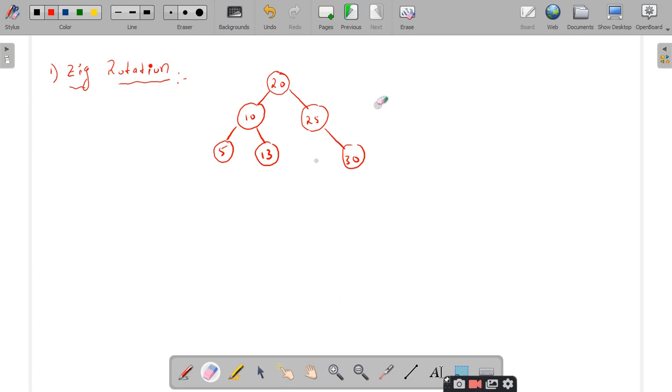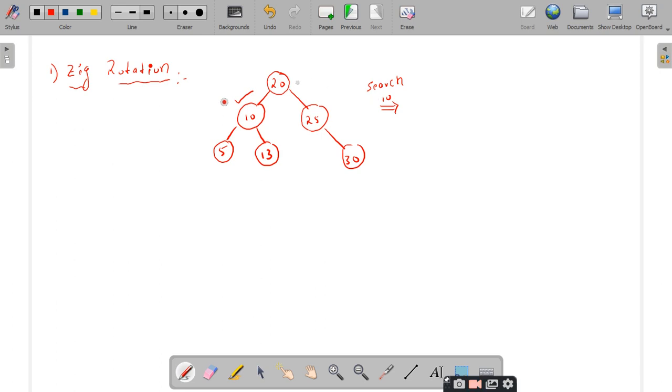Right. So now my operation is to perform search. Let us take that it is a search operation. I want to search 10. So what will you do in the binary search tree? First, we will compare with the root node. The search element is to be compared with the root element. 10 is compared with 20.